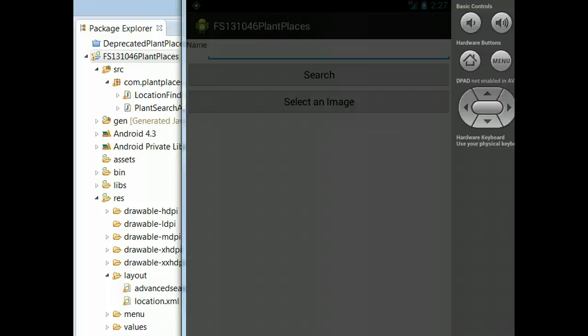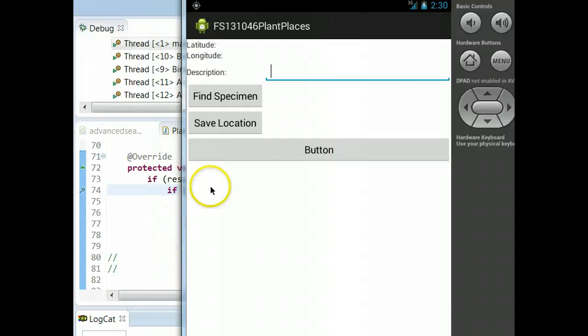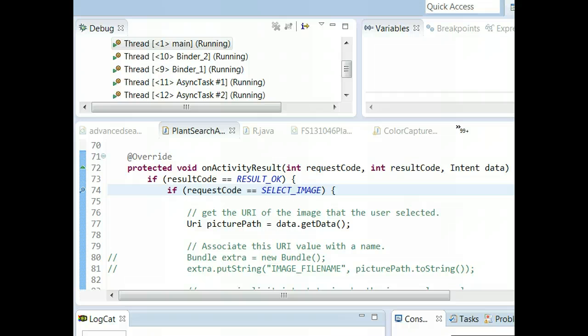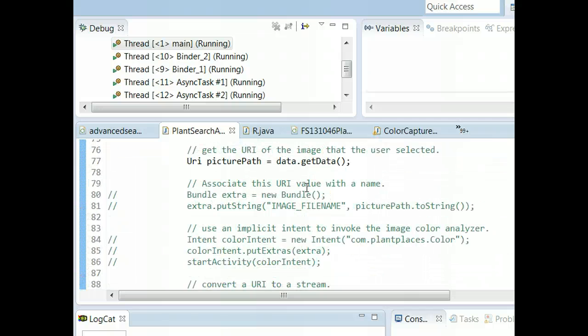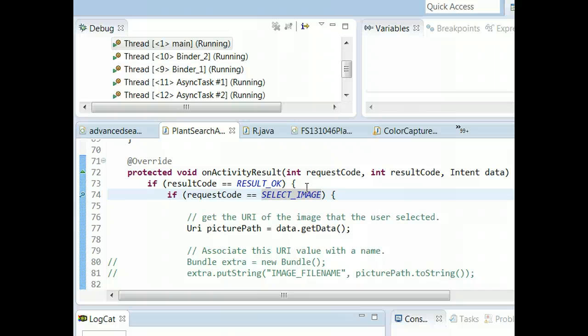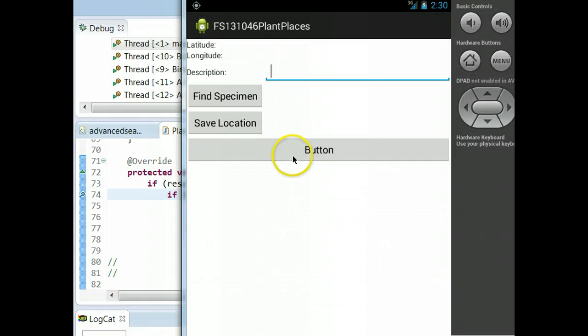And we'll give it just a moment for this to come up. Okay, the debugger, the emulator is up, and I've also set a breakpoint on this onActivityResult method. I stress for everybody of every experience level, learning the debugger will save you a lot of time in this class. So I'm going to choose Find Specimen,